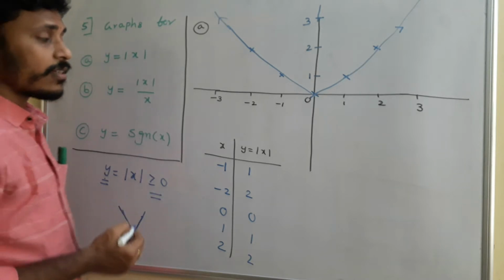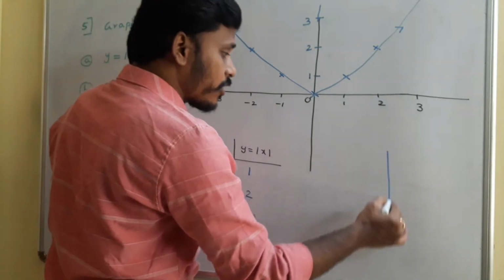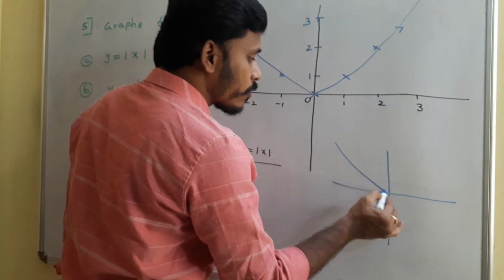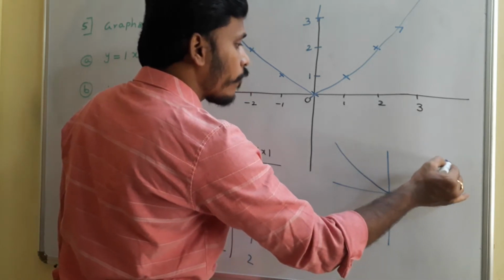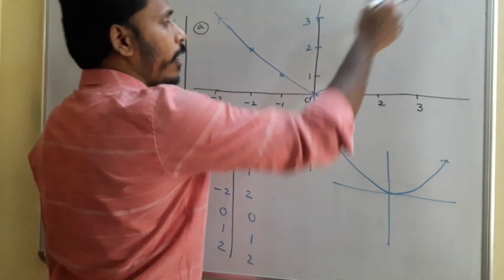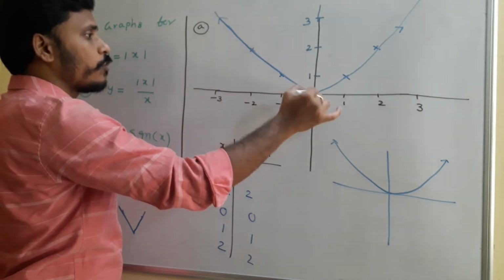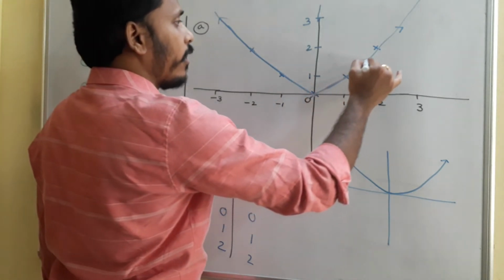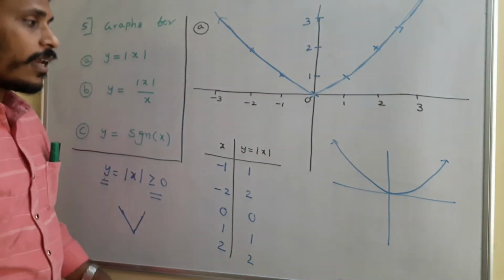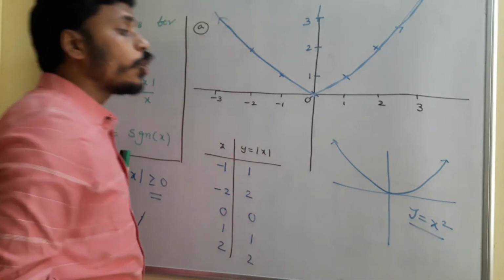Whereas in the last class we discussed the graph of y equals x square. If you sketch the graph of y equals x square, it is also symmetrical, and it is of U shape, okay? It is of the curve form, but the graph of mod x is exactly straight lines, okay? See, you just observe it. This is just a straight line which is passing through these points, okay? So the graph of mod x is in the V shape, whereas the graph of y equals x square is of the form U shape, okay?